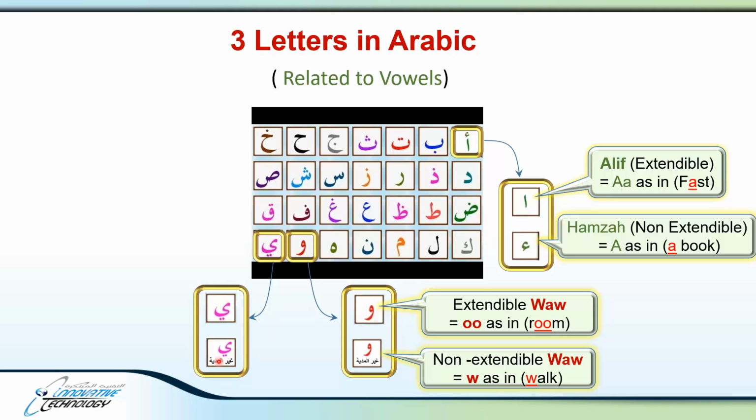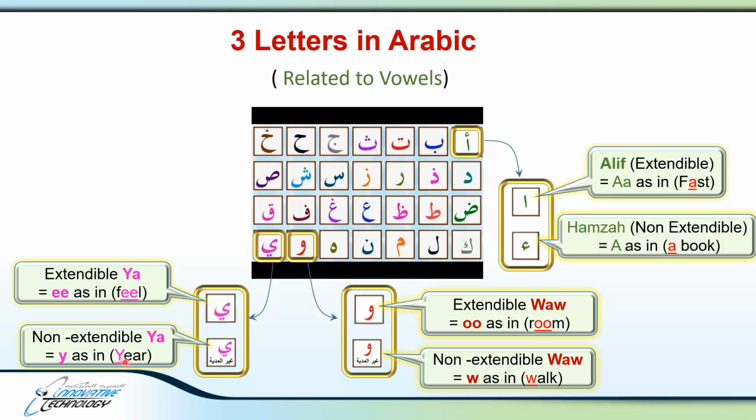extendable ya and non-extendable ya. The extendable ya is like e in feel, eel, extendable. Now the non-extendable is like year, yes, you. It's a short ya, ya, e, ya, e. So each of those three letters, the alif, the waw, and ya, has an extendable format and